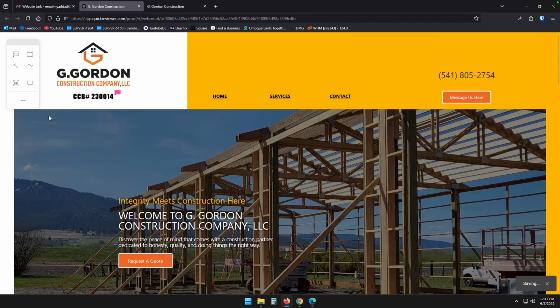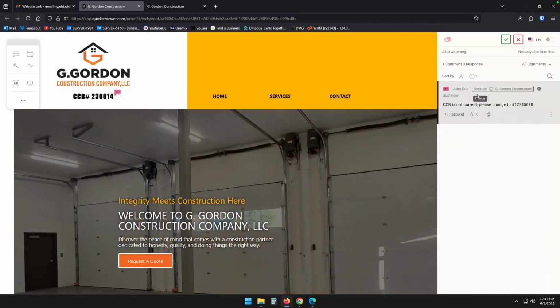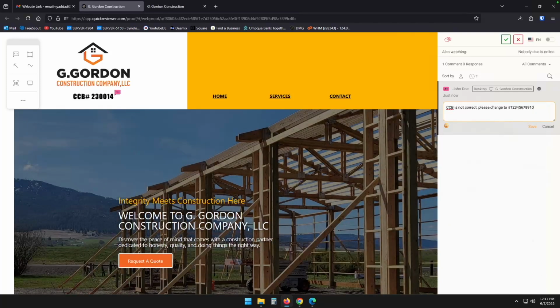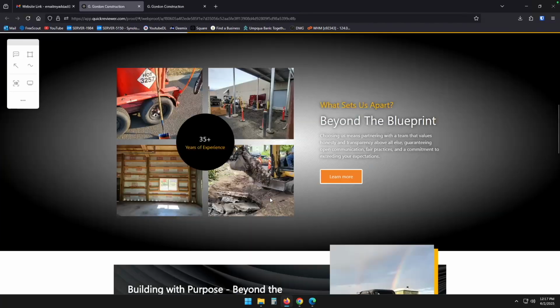We click save. When we open the comment section back up, we can see that John Doe has now made a comment. CCB is not correct. If you made an error, you can edit that and add the different digits. Click save. Boom. And now it's tagged. So let's put those comments away. Let's scroll down onto the site a little bit more. And let's say